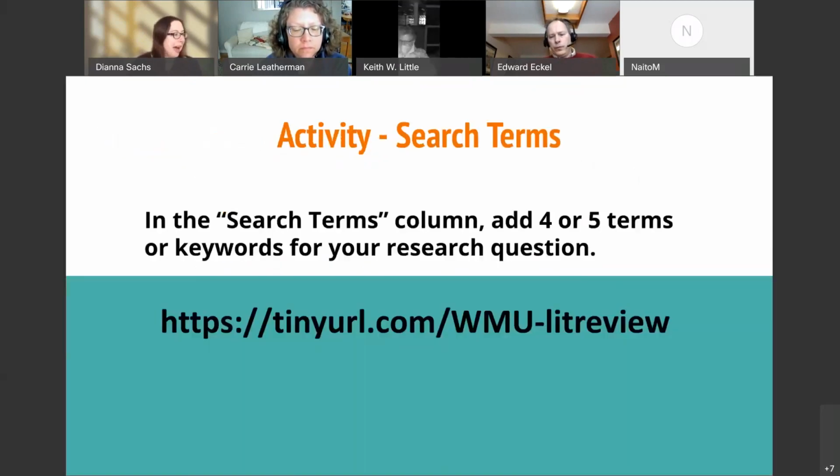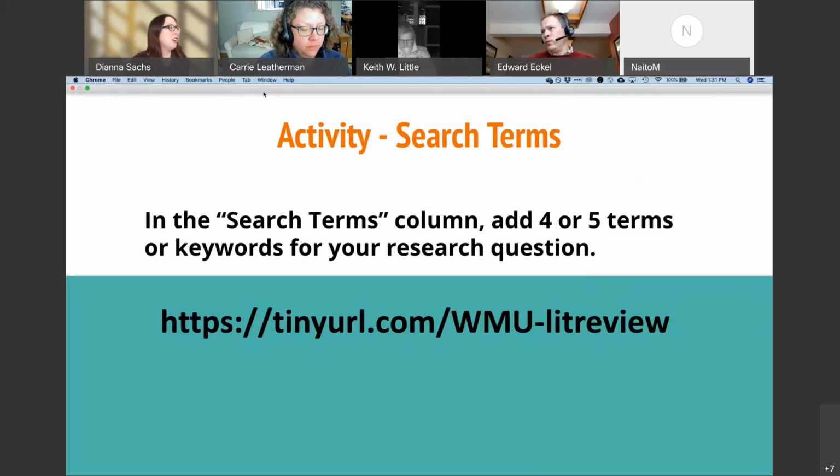So now we're going to go back to our worksheet, our activity. And we're going to move on to the next column. I believe that's column G. And I'm going to ask you all to take, again, about maybe 3 minutes, not very long, and just brainstorm as many different words or key possible search terms as you could think of that relate to your topic. They can be synonyms. They can be broad ideas that are covering the whole broad concept of your topic. They could be focused just on a specific aspect of your topic. It's totally up to you, but brainstorm as many as you can in 3 minutes. Go.